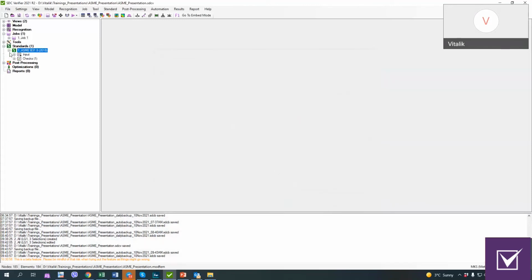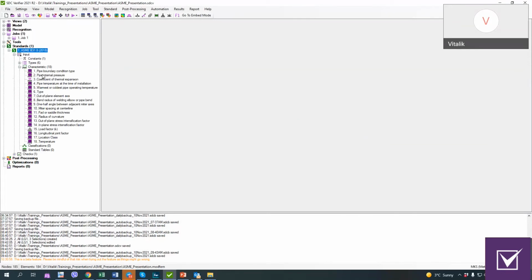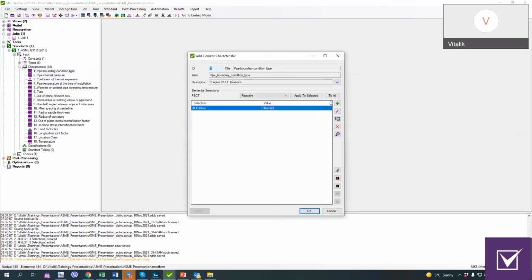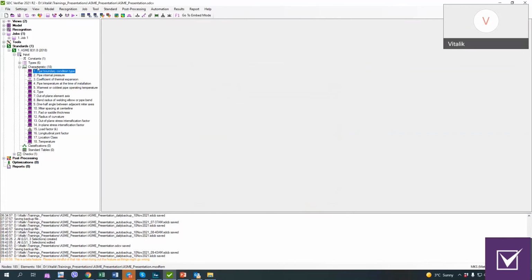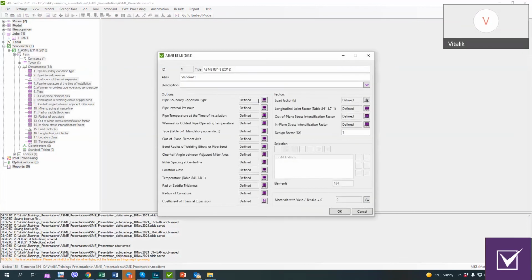By expanding this parameter, we can see the input, the characteristics, which we can change here, right click and edit, and it also can be edited just by editing the standard and editing this parameter one by one. I think it's more suitable,